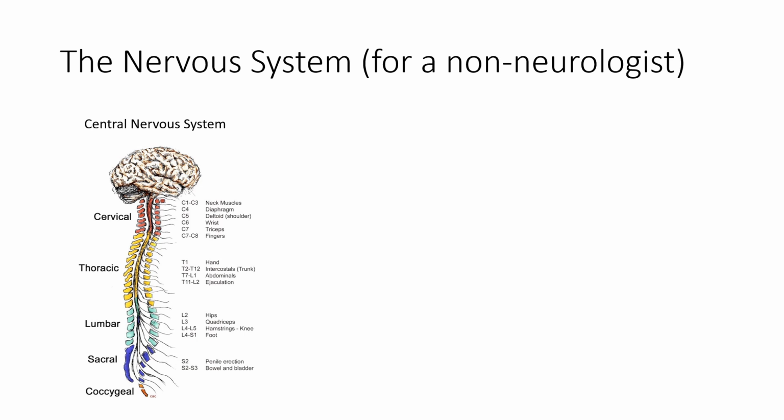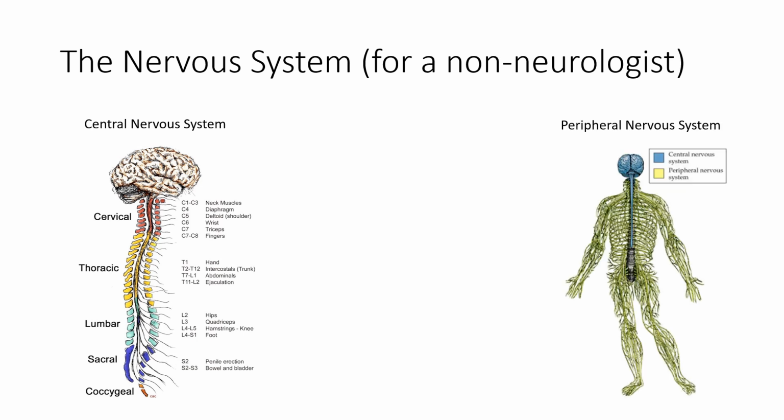And then in addition to the central nervous system, we also have the peripheral nervous system. So the peripheral nervous system includes the cranial nerves. Remember that these are actually lower motor neurons or peripheral nerves, as well as the spinal nerve roots, the plexi, meaning the brachial plexus and the lumbar plexus, the large named nerves like the femoral nerve or the sciatic nerve,